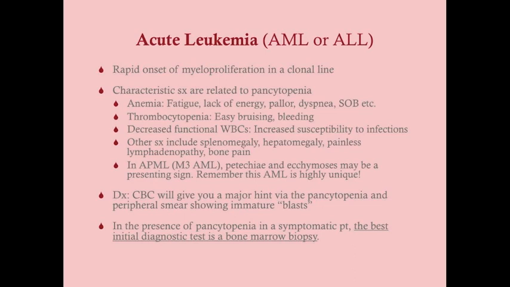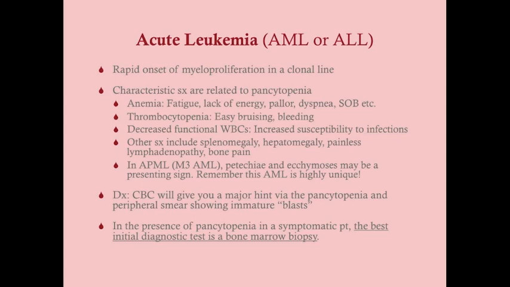And that's just another sign suggestive of acute leukemia, in addition to the symptoms and the pancytopenia and so forth. So when you have all of these signs and symptoms and lab signs present,